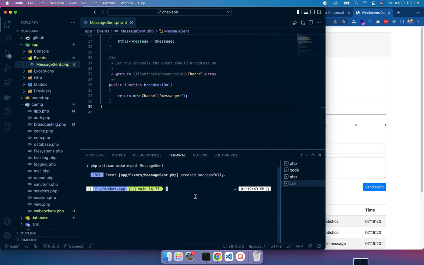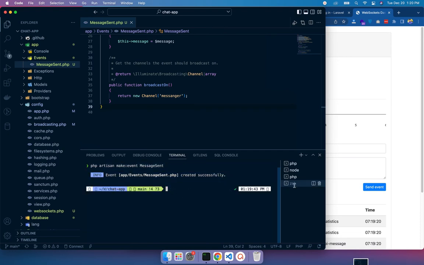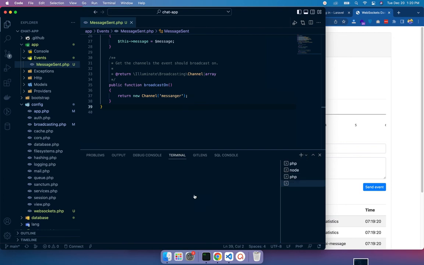One thing, look, your common terminal is open. First you need to close this terminal and create a new terminal for running this command. So we'll run php artisan tinker, and then we'll fire that event.